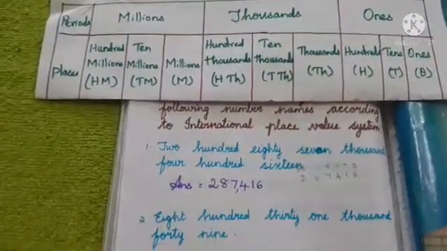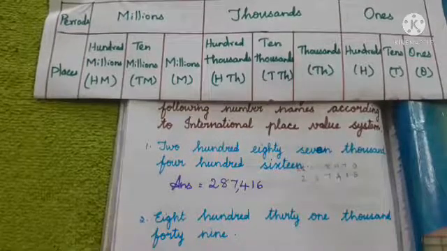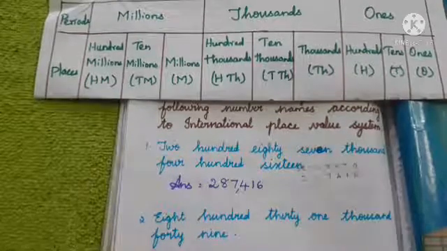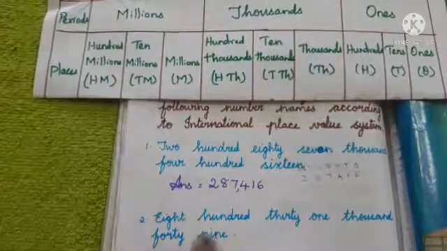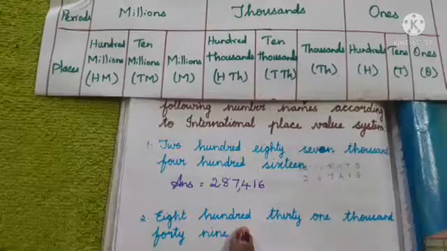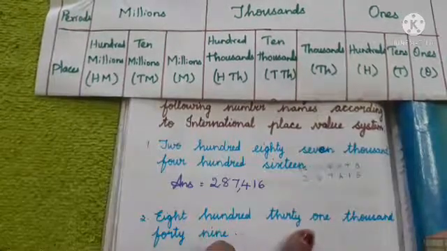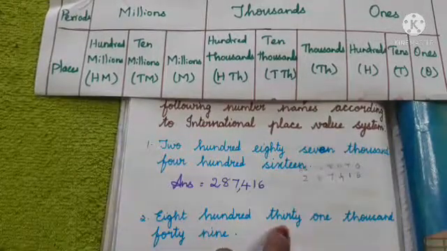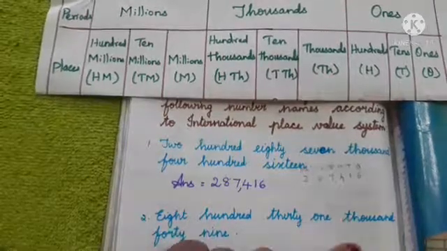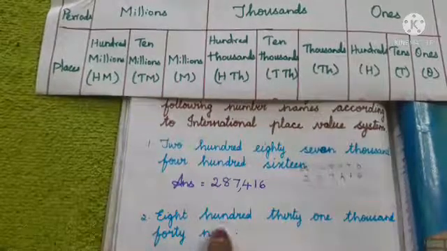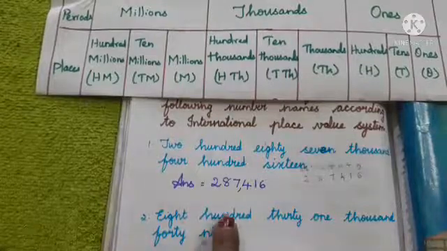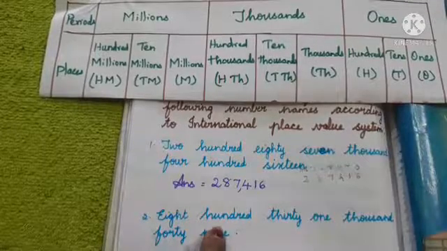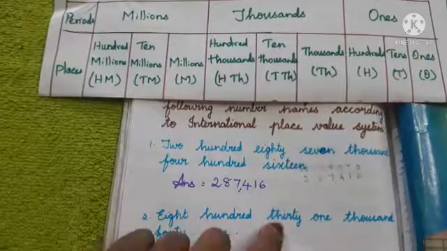So next problem we have 800, 31,049. So here we have 800. The next, what is there? Don't confuse. 800 means next we have to check the next place value that is given there. So 800. Next 31,000. After only 1000 is coming. So don't think this is one speed, it is not one speed. It comes under the 1000 period. So 800, this is coming under the 1000 period.